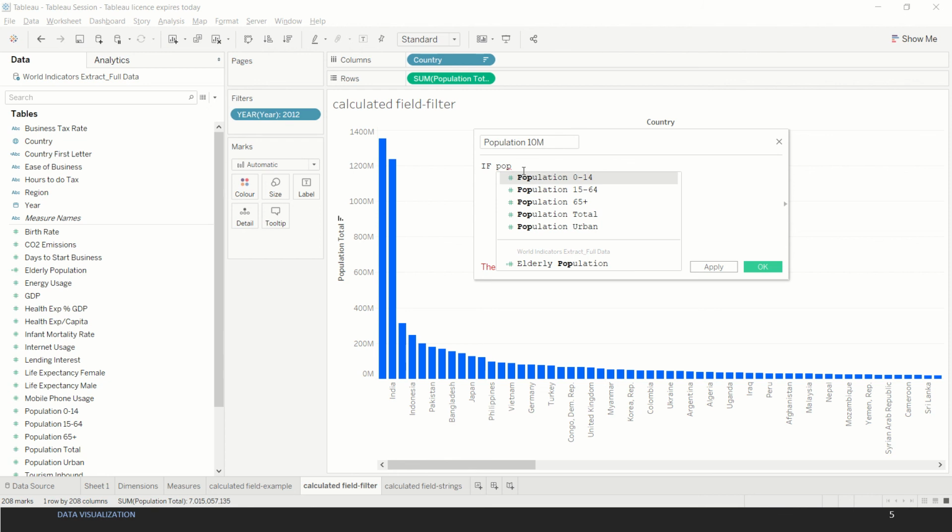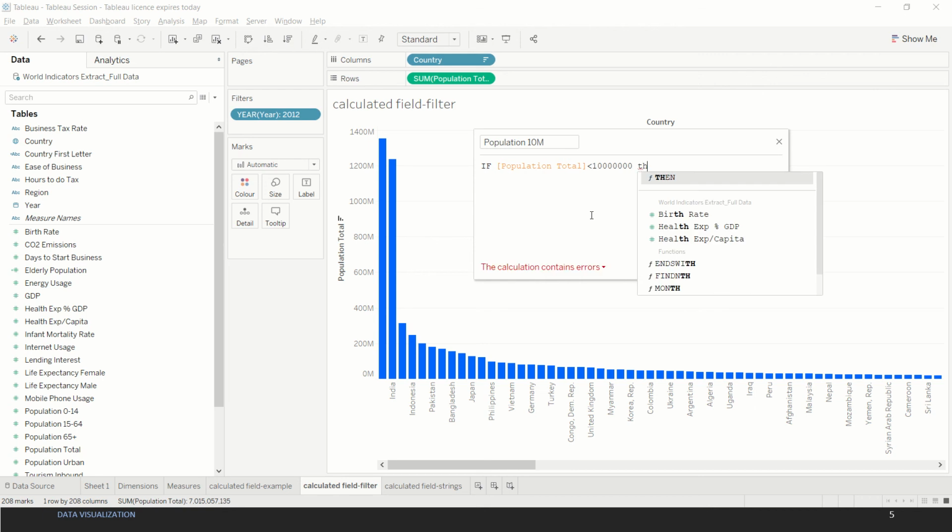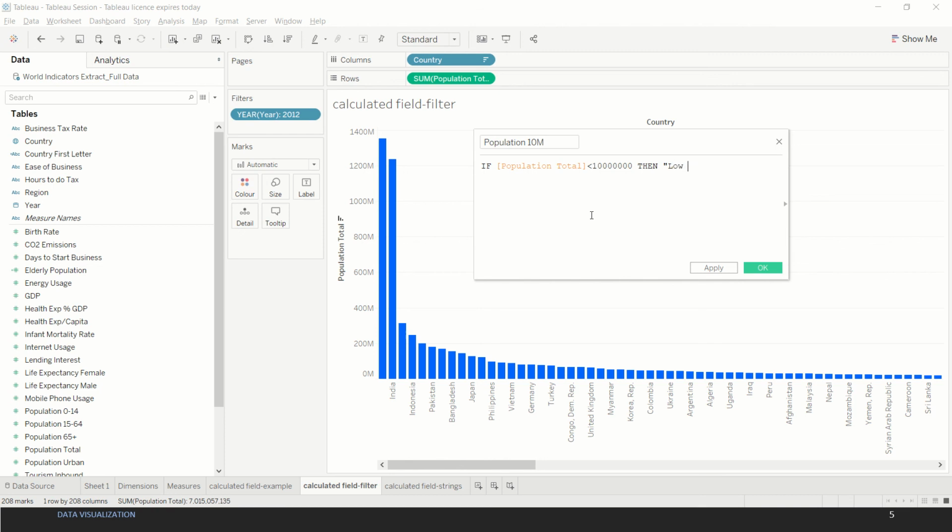Again, if we type a few keywords, it gives us options, and we use population total from here. If this population is less than 10 million, then, again the keywords get highlighted, we select that one, then it's a low population, else it's, within quotes, high population. And then don't forget to put the end keyword, and once you do it, it says the calculation is valid.